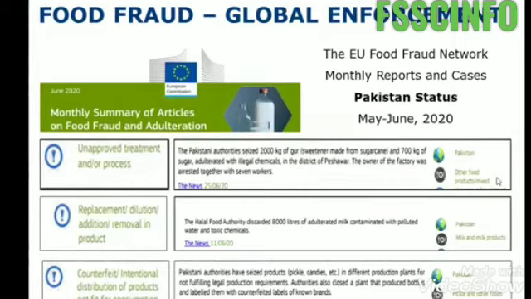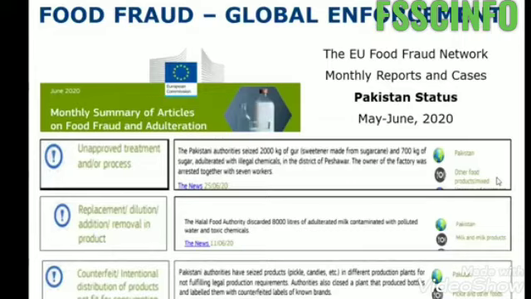Now this is a picture for Pakistan. Every month, many colleagues in my circle know that I share this European newsletter. It is issued monthly, and I just put the data for May and June. Here you can see in the European newsletter that Pakistan food fraud incidents are being communicated. On one side this is a good sign that our authorities are effective and working, and on the other side it is a sign that our market is a vulnerable market as well.